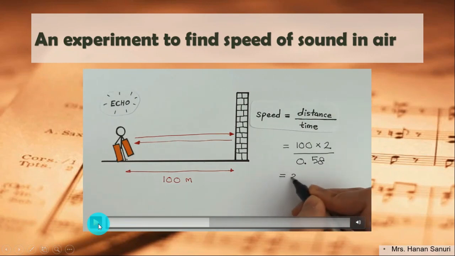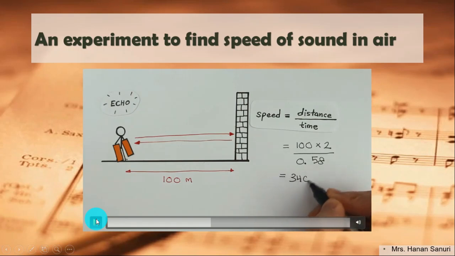Okay girls, I want you to know why here she multiplied the 100 by 2, because speed equals distance over time. Okay, do you remember the meaning of distance? What is distance here? It's the path that the wave has taken in this case. So what is the path? It's not only 100. Why? Because it's back and forth. It moves, then it reflects back. So 100 plus 100. So 100 times 2 means 100 plus 100. Okay? But the time is one time, 0.58. It takes until it moves from here and comes back to the same point.